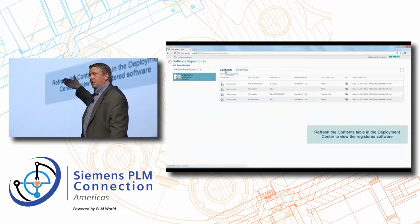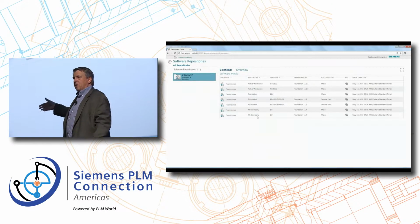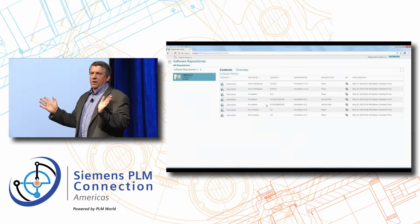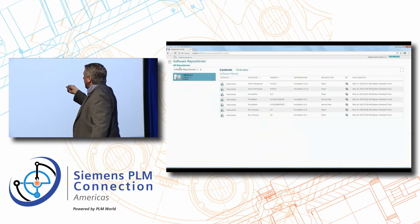And just refresh, and the new patches will show up, right? Now, they're not installed. I haven't done anything with them, but they're just staged for me to use, right? So now I need to go back to my environments. I haven't put this anywhere yet, right? I'm just staging this to be used. But if I go back to the environments now,